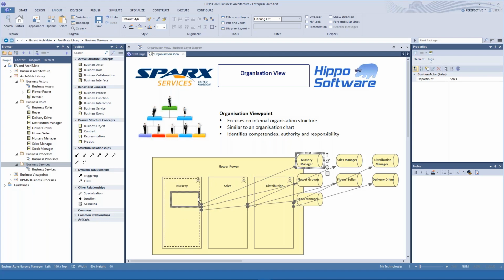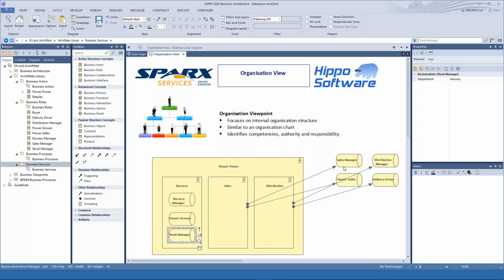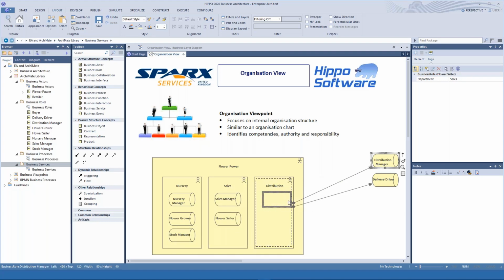So popping the nursery roles inside the nursery, as so. And notice again that Enterprise Architect automatically hides the assignment relationships, but they're still there behind the scenes in the model, but it gives us a nice, simple look and feel for our overall